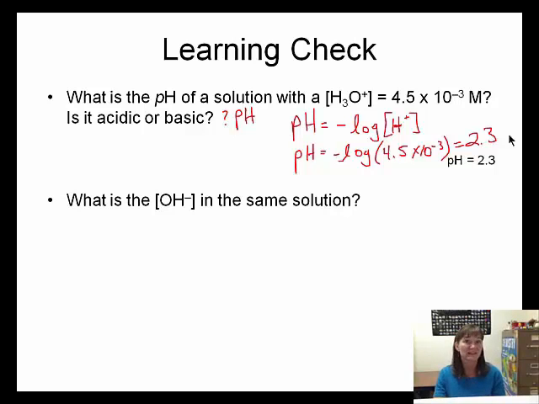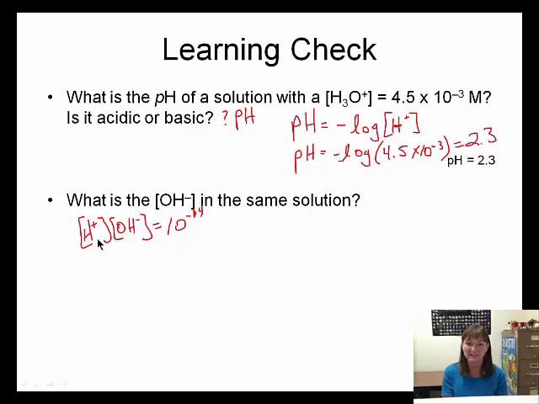What is the hydroxide concentration of the same solution? Now the only formula you have to get the hydroxide concentration is the one that says hydronium concentration times your hydroxide concentration equals 10 to the negative 14. So we are going to plug our hydronium concentration in here and solve for the hydroxide. I actually like to solve for my missing variable first before I plug my numbers in. So if I divide both sides by the hydrogen ion concentration,